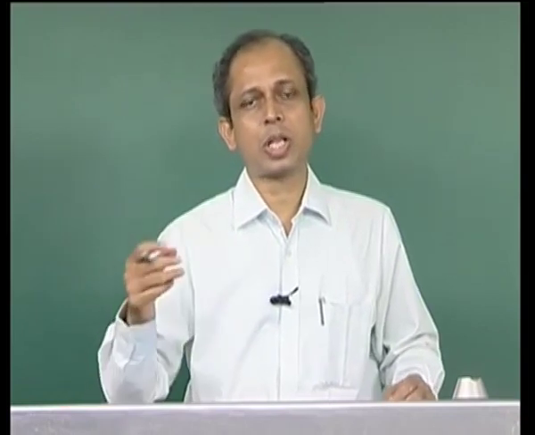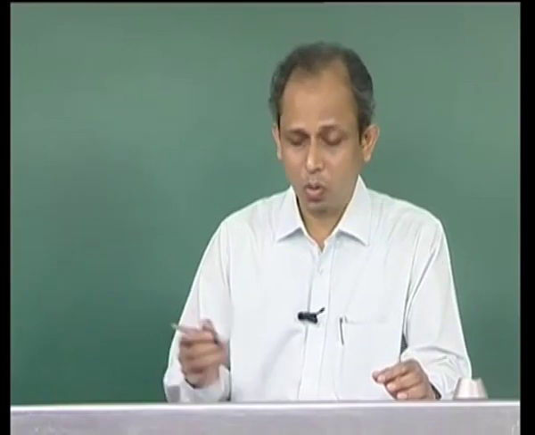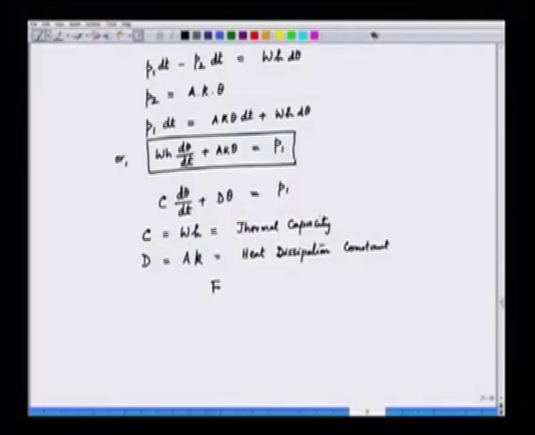That fan is also responsible for the cooling, and that is called self cooling. So, we can have forced cooling by an independent fan, or we can have self cooling